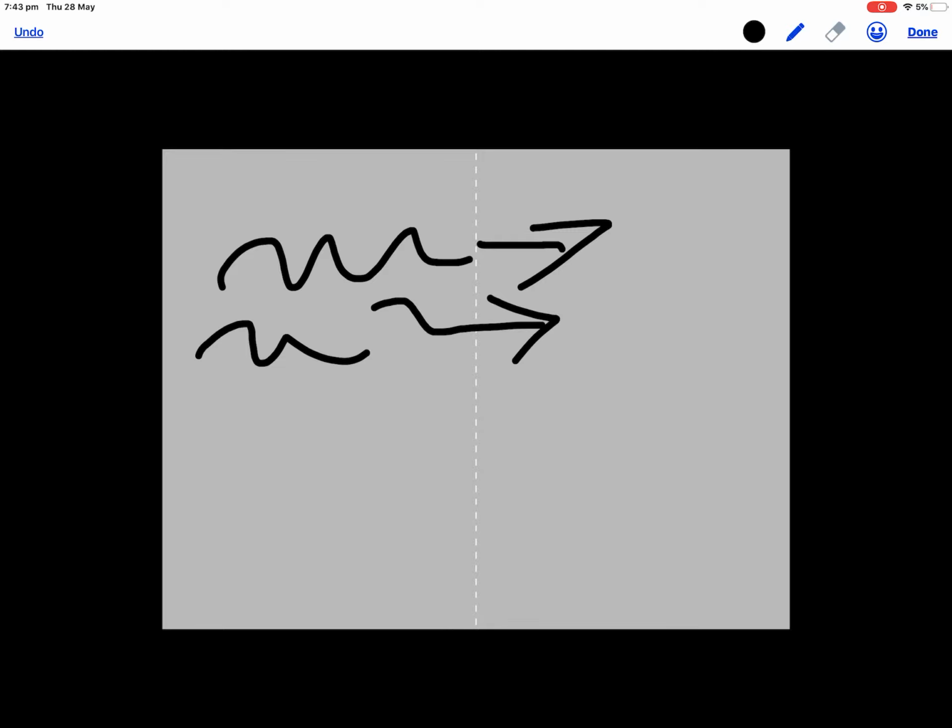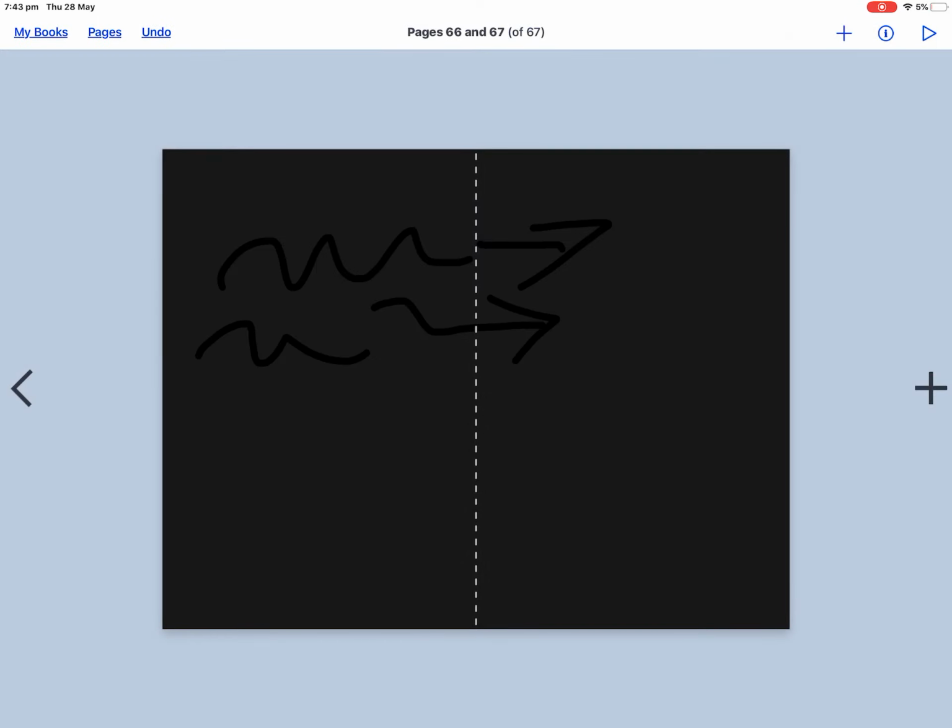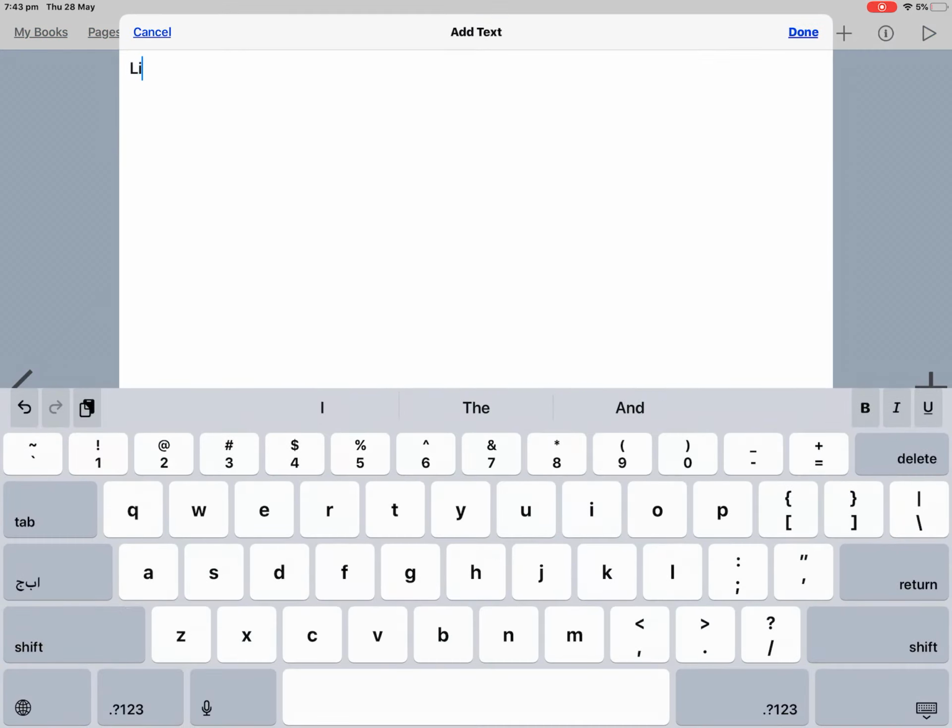Also, it needs to have the same line width or direction it's going in. So that has to be the same. It has to be one same line width. Now,